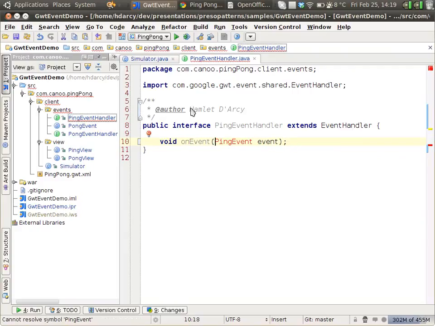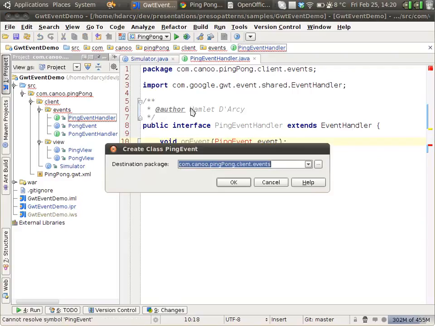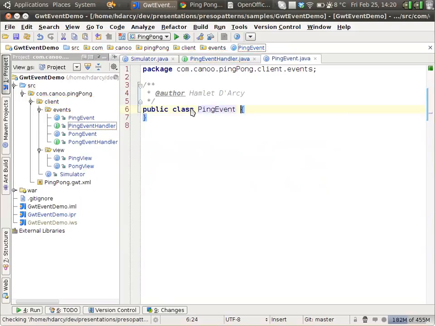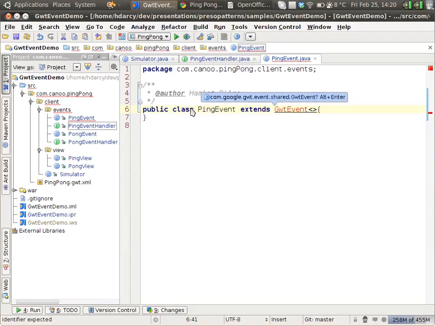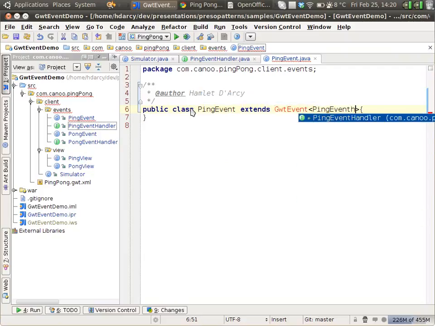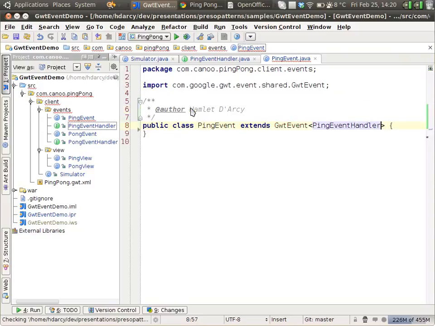And of course we need to create the ping event class. The ping event extends GWT event, another GWT class. The parameterized type is the type of the handler. There's a lot of typing here to ensure type safety. Ping event handler. So this ping event is the event that our ping event handler will